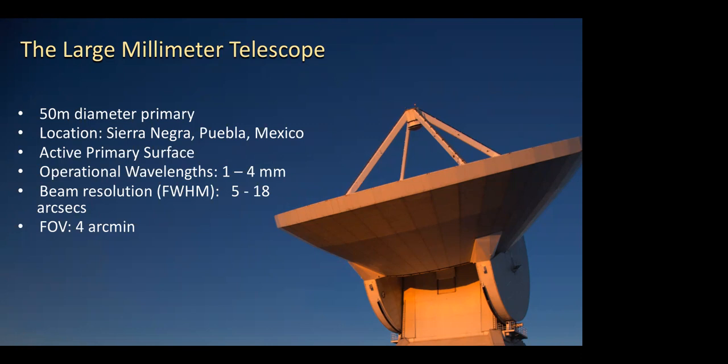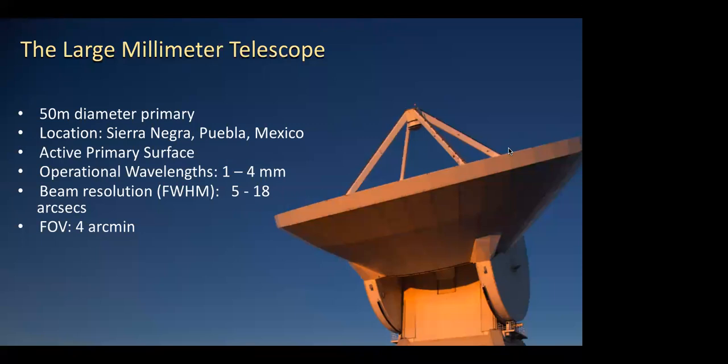So I think just scanning through the attendees, a number of you are familiar with radio telescopes and the Large Millimeter Telescope. But in case you're not, let me point out some of the salient features of doing science at millimeter wavelengths. So the 50-meter diameter means it's a really big telescope. And in radio astronomy, detectors are detecting the induced electric field. So collecting area is proportional to the sensitivity.